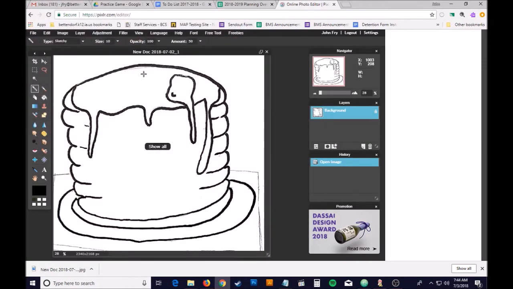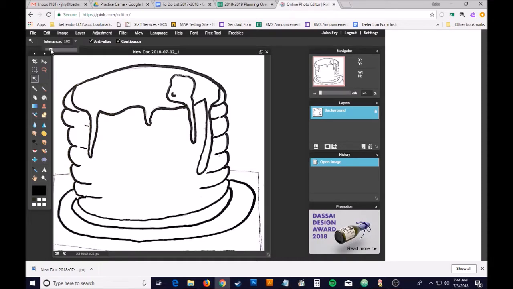We're going to work on these pancakes, for example, and our goal here is to take just the line art, just the lines of this art that we want, and get it onto a transparent background. So I want all the dark lines on this image. To do that, I'm going to go to the magic wand and select that,